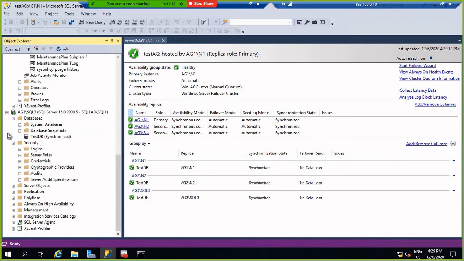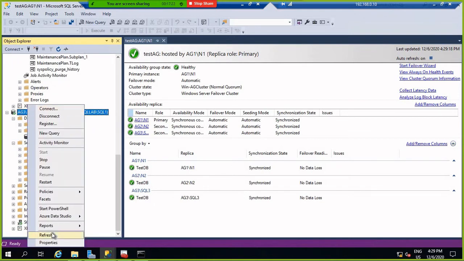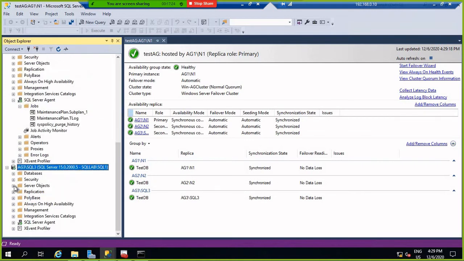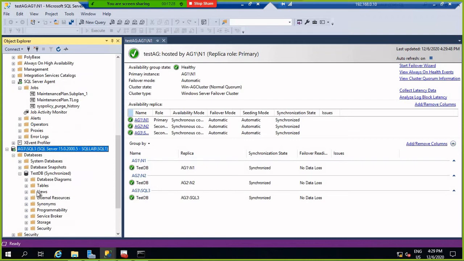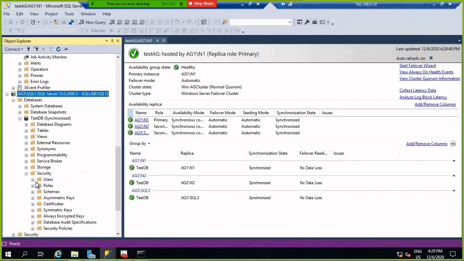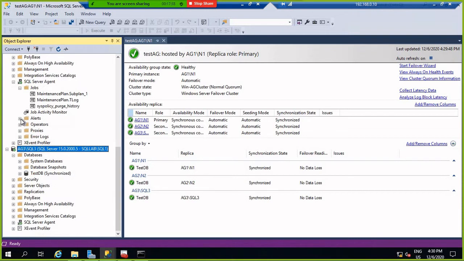Just see here. Just refresh it. Okay, go to the security. The user is already there, but the login is not there. We have to put the login.